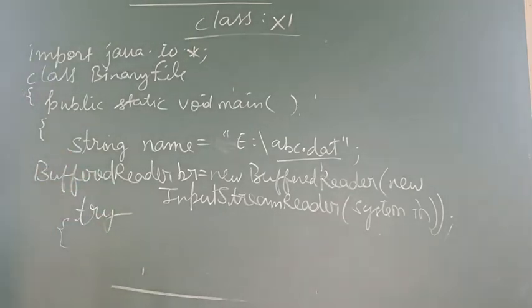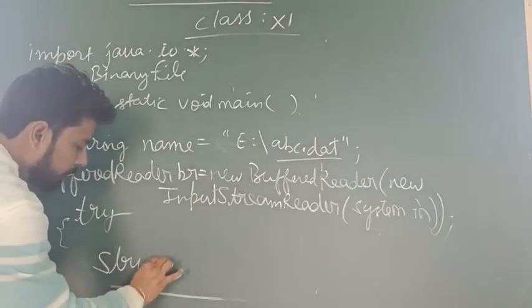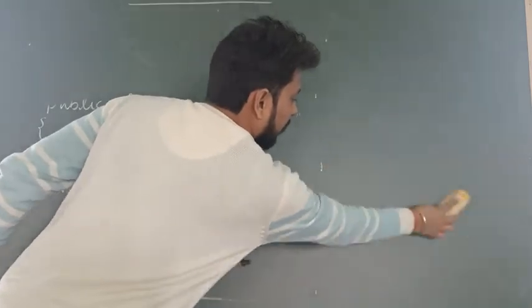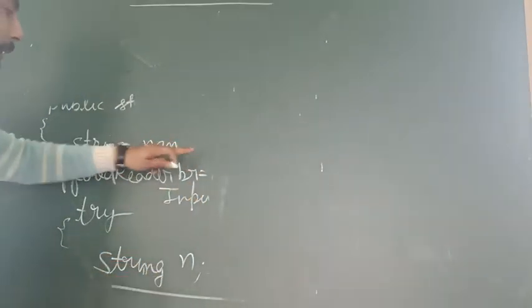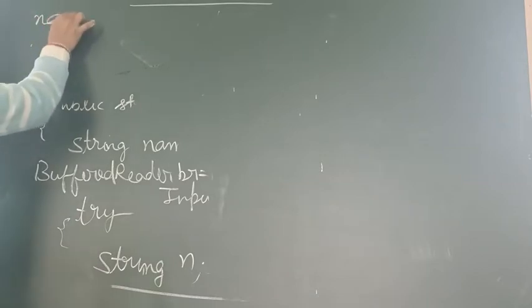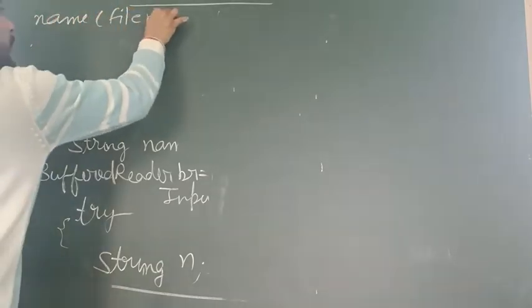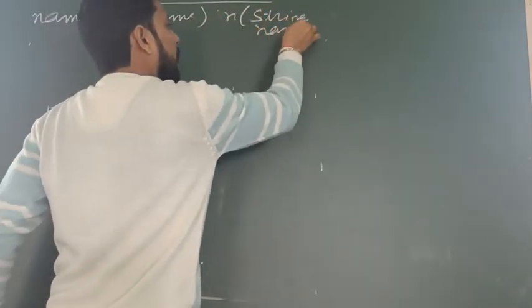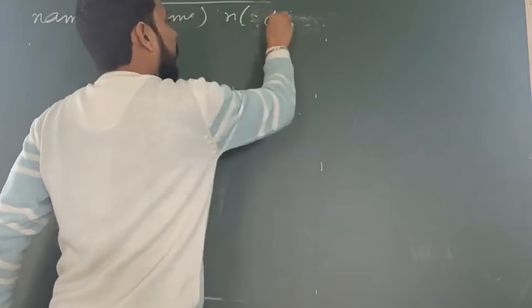So try open. After that we have taken the string, suppose n. String n is for the string name, that is, it will just hold the name of the student that we are going to write. Okay. Now I am just rubbing this board. Now we are having the file name. So we are having two variables. One is name, that has the file name, and another is n, that is the string, the name of the student that we have to write. Or we can say that this is our data to be written.